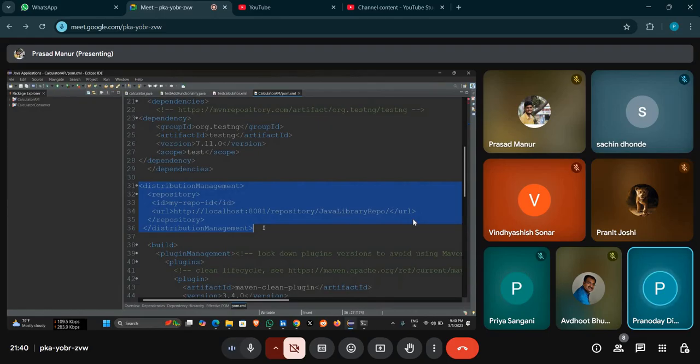But for this remote repo, instead of creating it over the internet on some websites like mavenrepository.com, we decided to host Nexus on our machine, and in that Nexus we created different remote repositories. We created that remote repository and configured it in our calculator API project's POM.xml. So when we run mvn deploy, what will happen is it will compile our source code